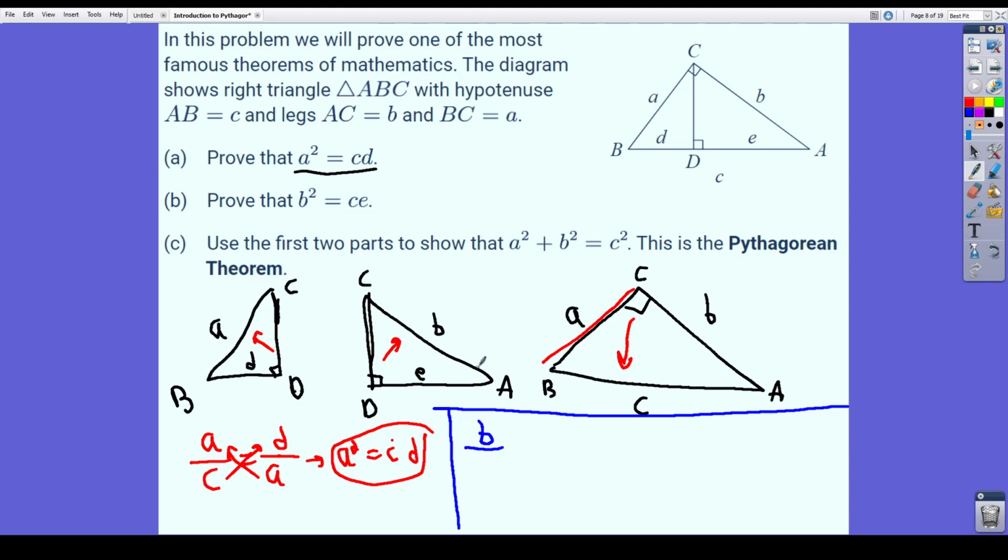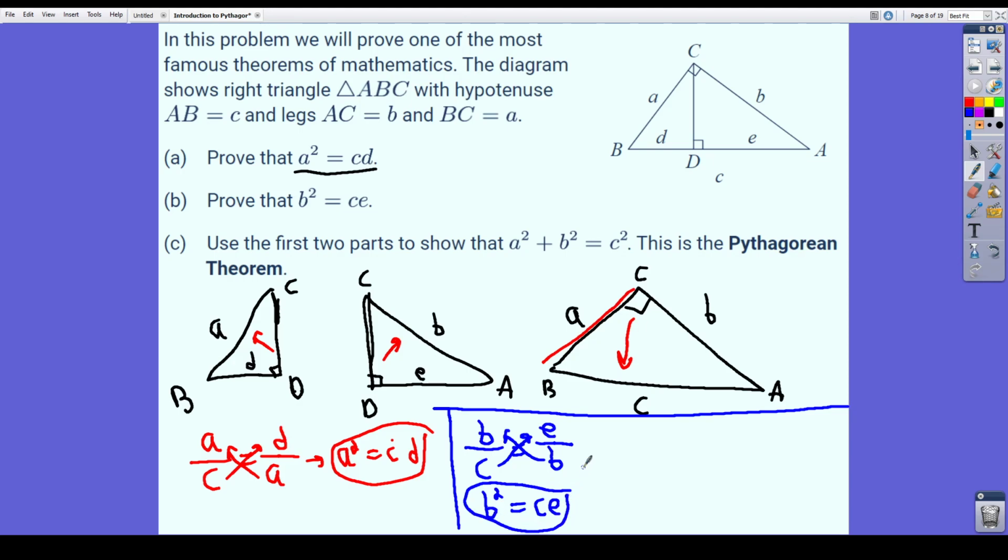Well, that's the hypotenuse, and the hypotenuse of our third triangle, ABC, is lowercase c. So I'm going to put that there. Set that equal to, the only other choice I have for my second triangle is e. And I put that over the corresponding side, which would be b on the other triangle. Again, do cross multiplication, and you will see that we get b squared is equal to ce,